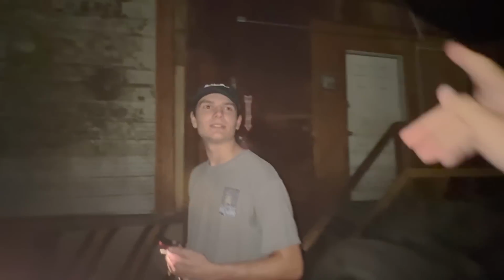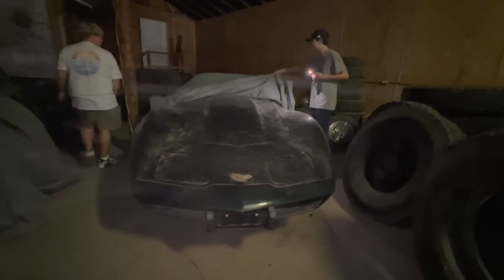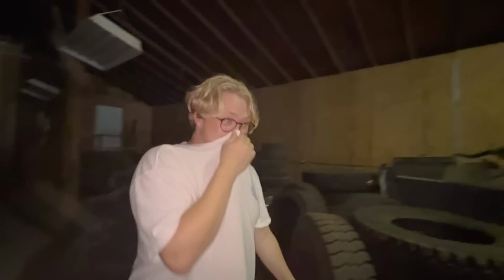Where? Oh, where? Well, Josh, do you want to go back into that room full of... First, we got one more car. Looks like a Corvette. Oh, this is just another C3. Just another C3. Nope. Bad, TJ. Too dusty. Why do you do this? Yeah, you can see the amount of dust on the screen. I can't believe we're breathing all this in, dude. All right, Josh, risking it all, going in here. It's not that bad, but...